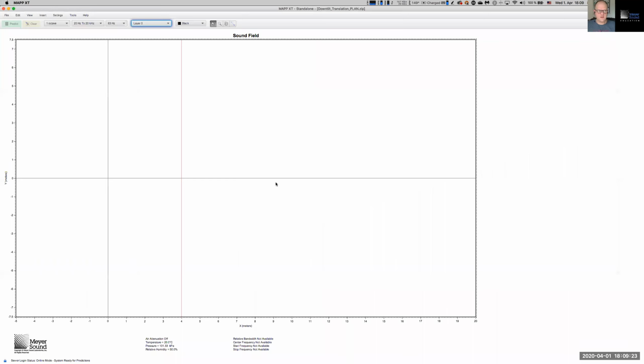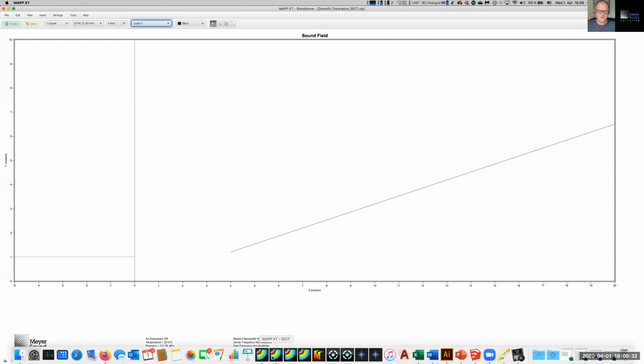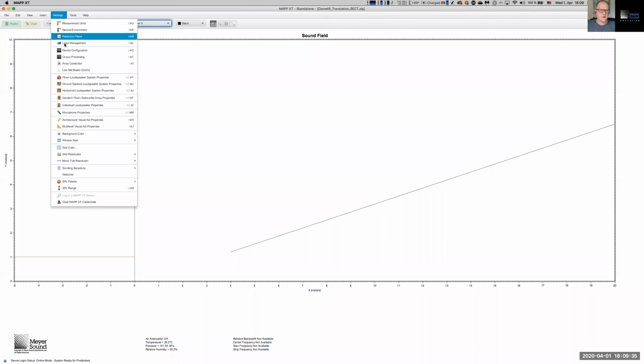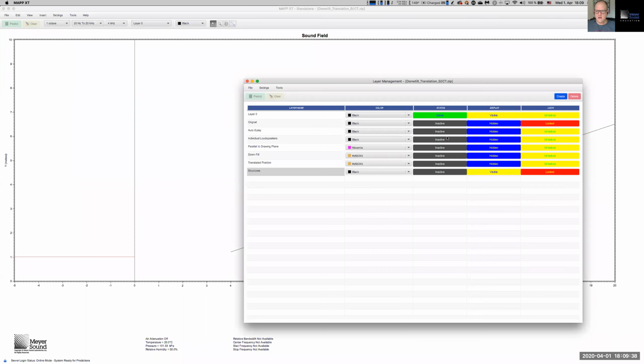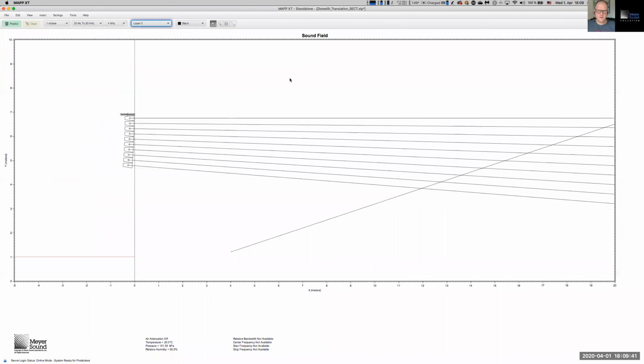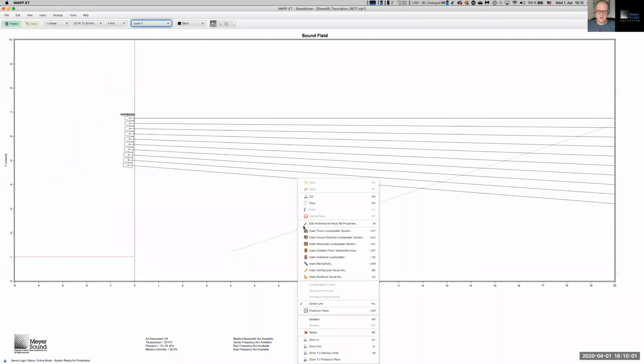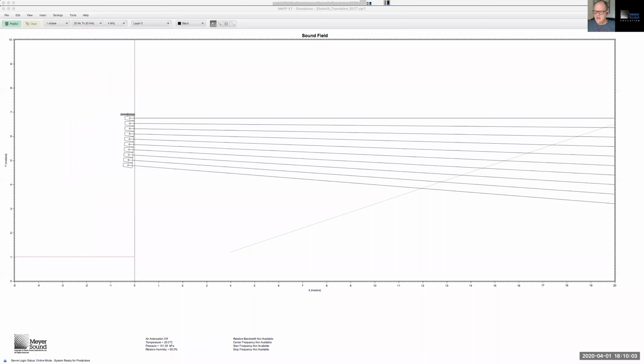So let's attempt at covering this audience plane with a center array consisting of LYON elements, which means that I'm going to go back to section view, and I'm going to unhide the layer where I already prepared the LYON elements. Somebody determined that the LYON elements have to live over here in space, and now I want to cover that audience plane from vertical bottom, the start of coverage, all the way to vertical top. I'm going to use the approach that we discussed during the AutoSplay webinar, which you can watch on the Meyer YouTube channel, which means that first I have to select my audience plane, right-click, go to the properties of the audience plane, and